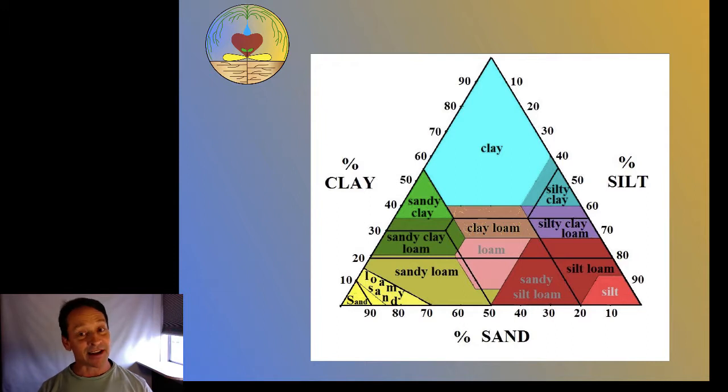Some plants like clay soils, some plants like sandy soils. Depending on the plants that you're putting on a site, ideally they would have co-evolved in a particular soil textural class. So there's not any one perfect soil textural class for all plants, because plants vary in what they prefer. But like I said, the loam is nice because you get more available water, and it's easier to provide soil